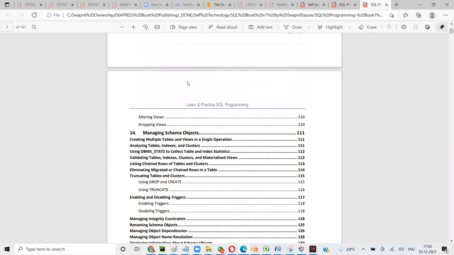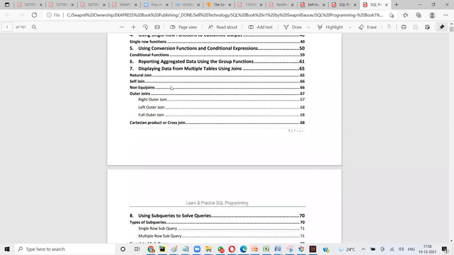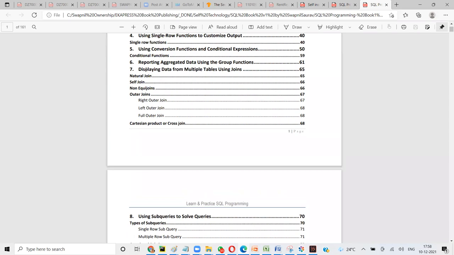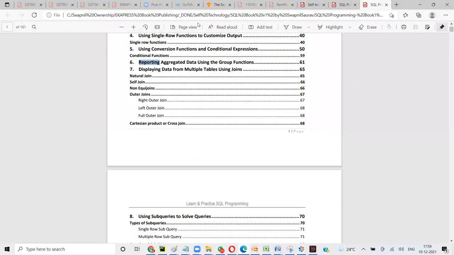Maybe what we can do is we can start reporting, right? What is the next one? The 7th one is multiple tables, joins. No, we haven't done reporting. That's what we have to do for 6 also. So let's try what we have for 6. Any questions so far, guys? All good?